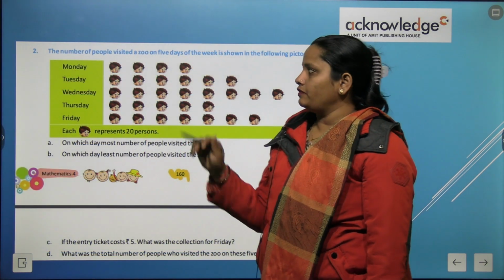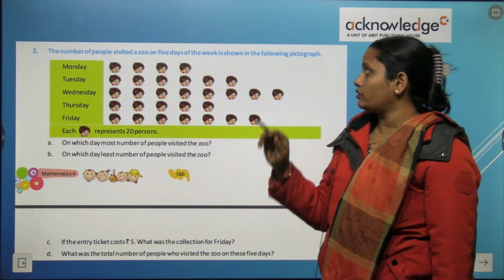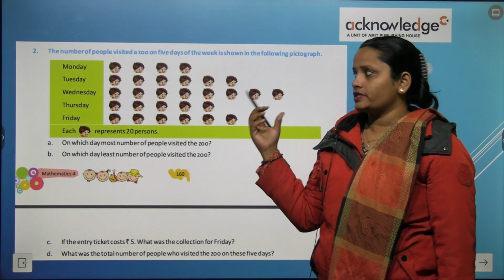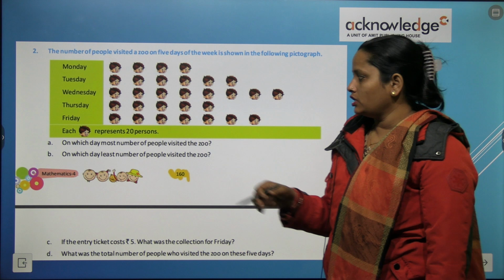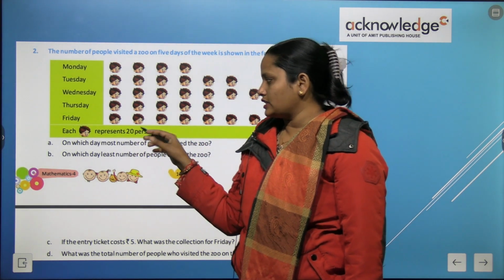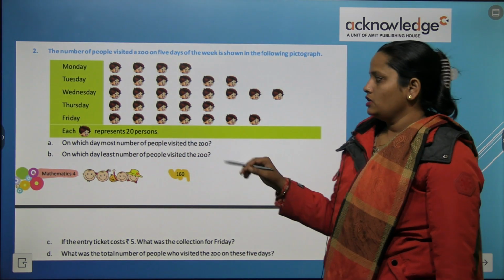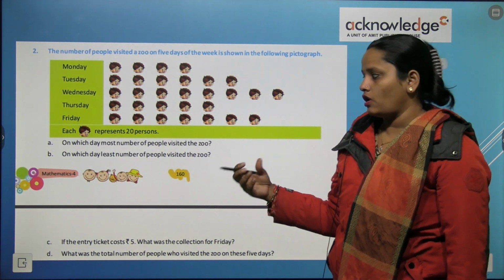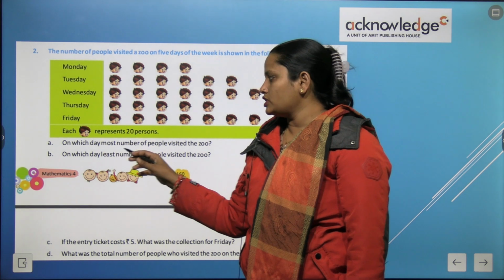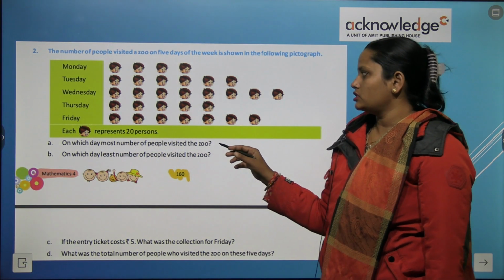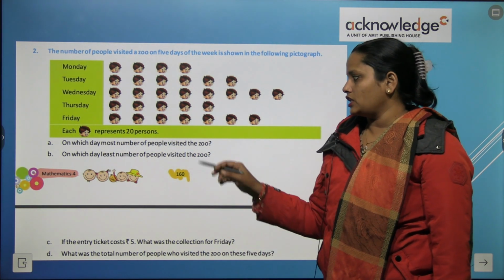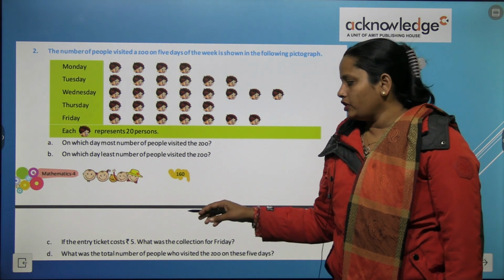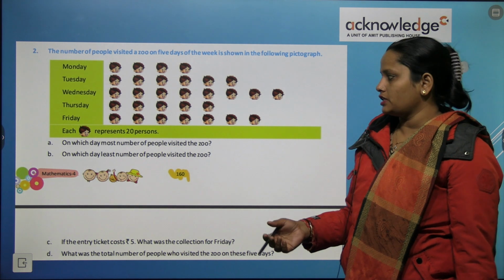The number of people who visited a zoo on 5 days of the week is shown in the figure. One face stands for 20 people. So similarly, children, as we did question number 1, you have to do this one also. Let's read it. On which day most number of people visited the zoo? Wednesday. Least number of people came on Monday. If the entry ticket cost 5 rupees,